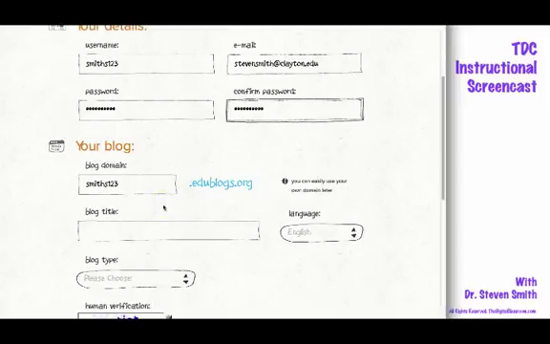Then we'll come down to your blog. The blog domain, as you can see on the screen, is going to be your username.edublogs.org. Therefore, if you would like to make this a permanent blog that you will use someday in your teaching, I highly recommend that you change your blog name to reflect something that would be easy for your students or parents to find. Assuming that it's not already been taken, you can come up with just about any kind of blog domain name. In this situation, I put